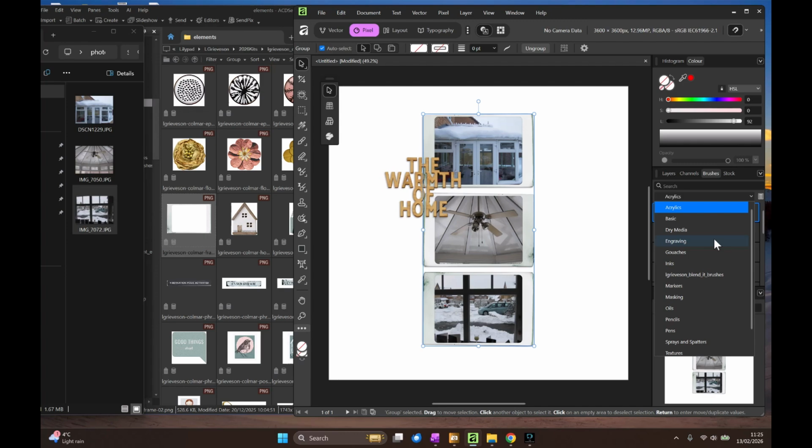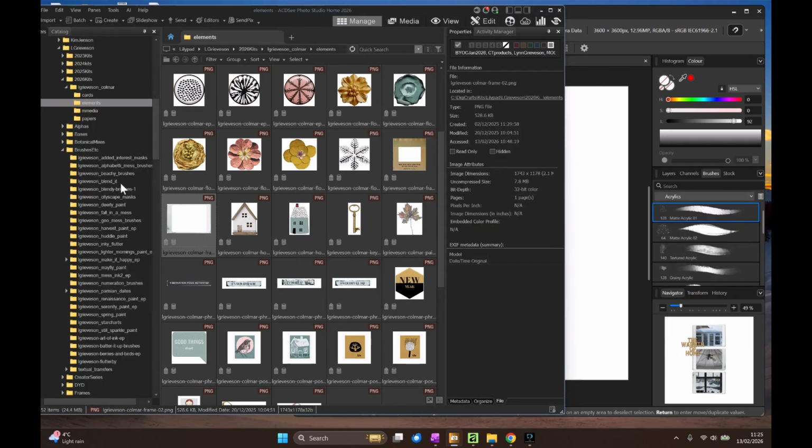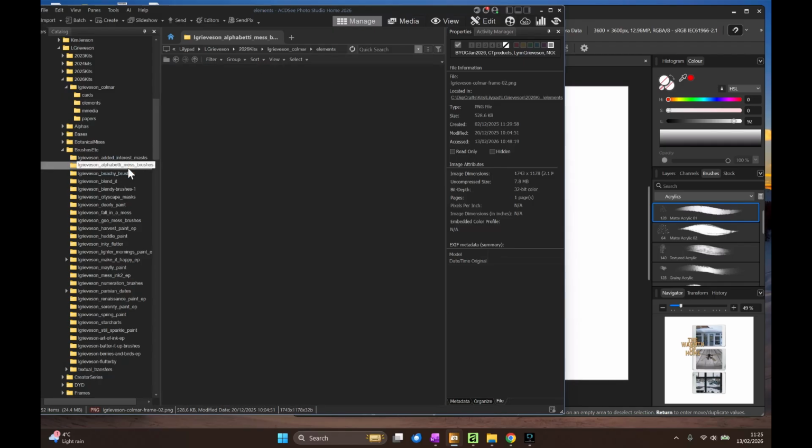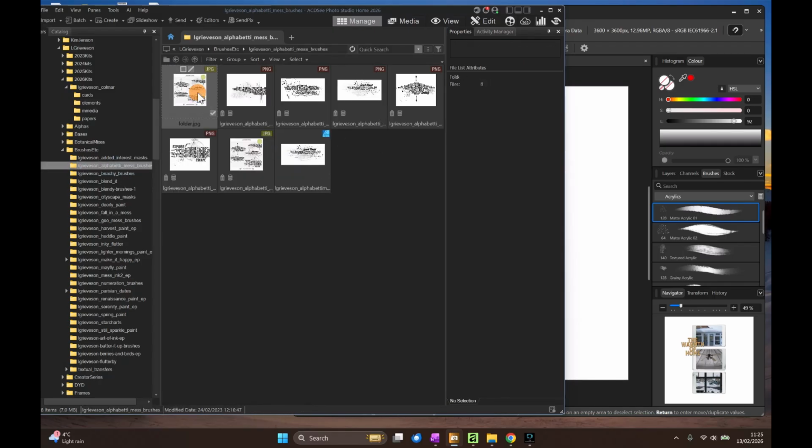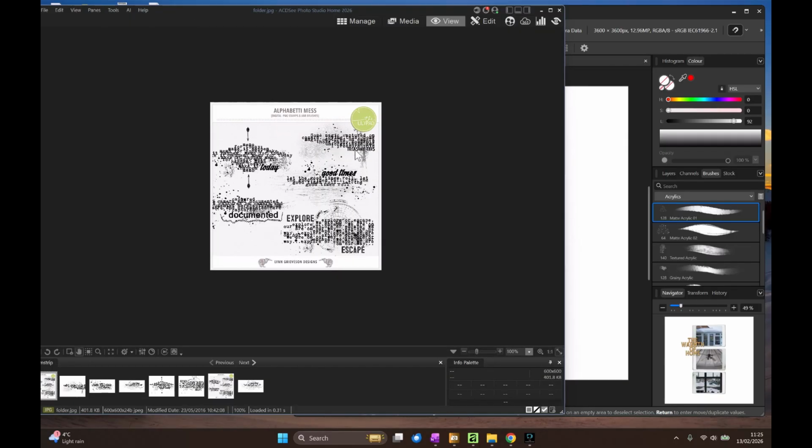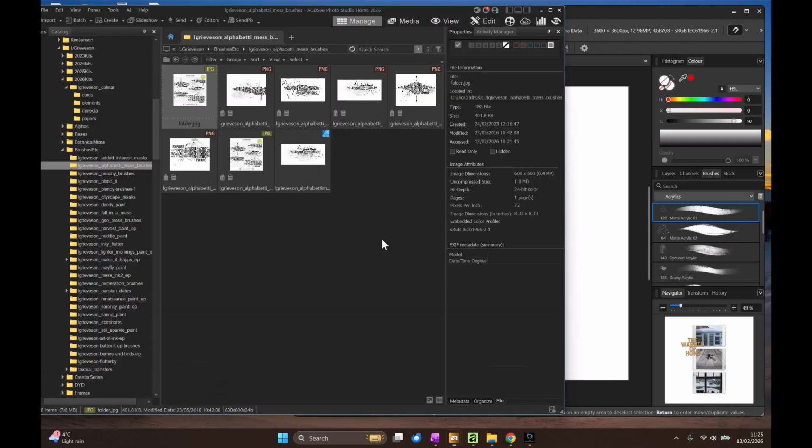So here we got these, and I'm going to go and get a brush set that I'm going to use today, and it's Alphabetti Mess brushes by Lynn Designs. And I'm going to take this one here. Now I could just take the PNG file, put it in my folder and use it as a black thing, or I can use it as a brush, which is much more